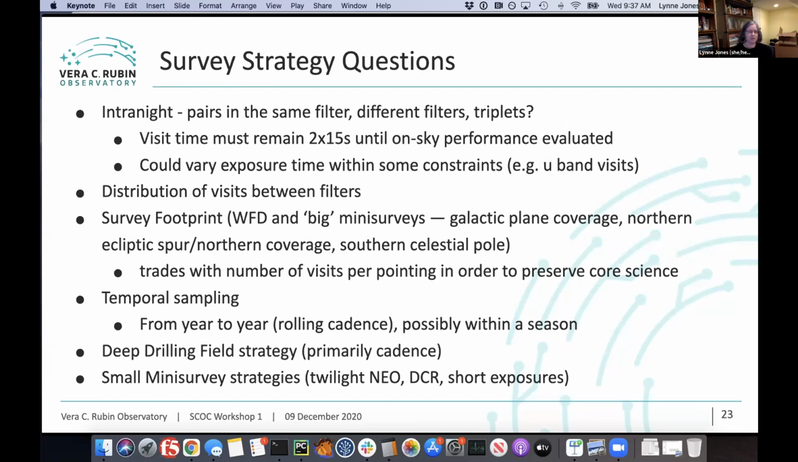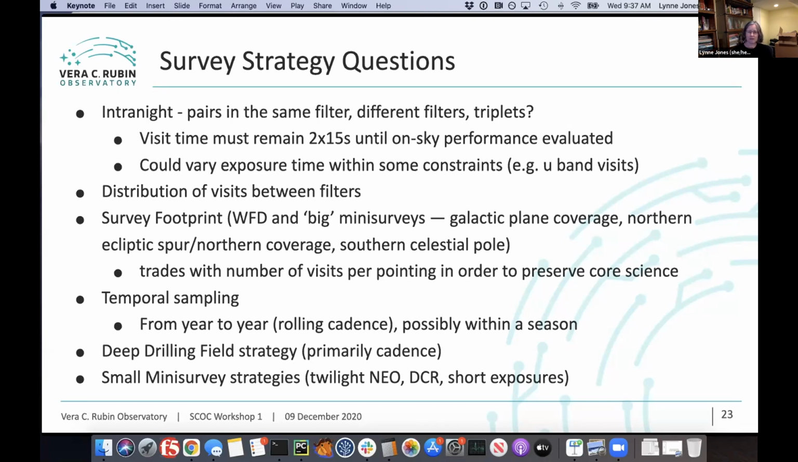What should be the distribution of visits between filters? And what should be the survey footprint? So here we have the WFD, deep, and big mini surveys, so the galactic plane coverage, northern ecliptic spur, northern coverage, and south celestial pole. Really, they work together to define the overall survey footprint, is what I have seen from